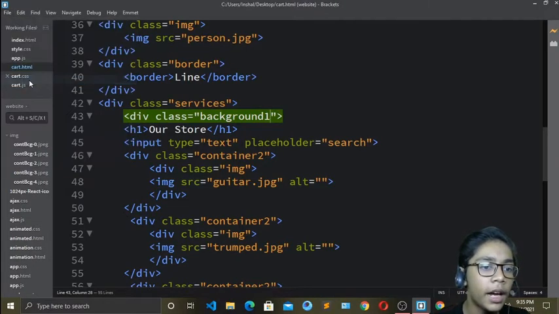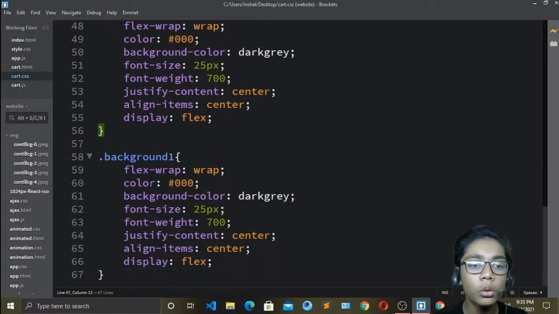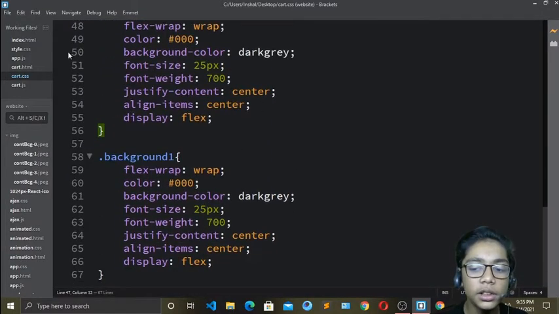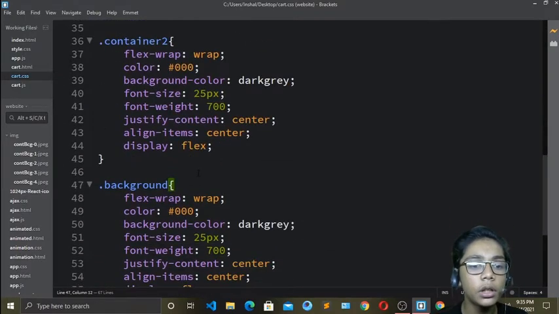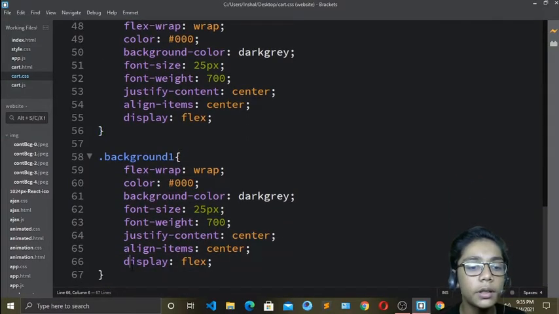Hit save, go to css1 and change it to background 1, then copy all these things and paste them above that. Erase this one because like I've shown you there were two: first was background and second was background 1. Okay, so now it is enough. Now hit save. We have done our tail over here because we have to define all these things, so our color should be changed. Now we have defined that, and all the colors will come randomly.